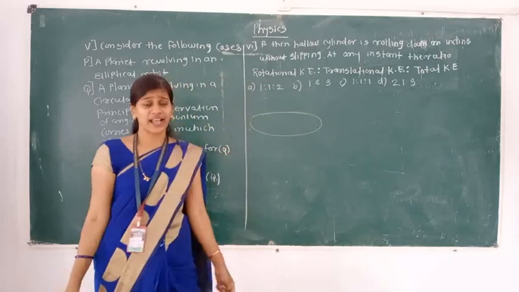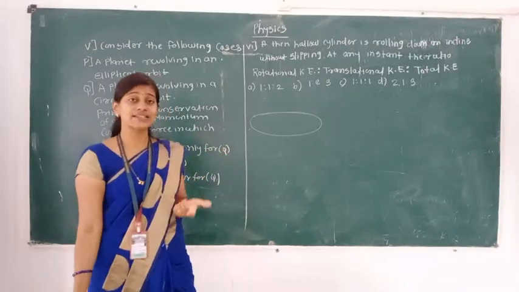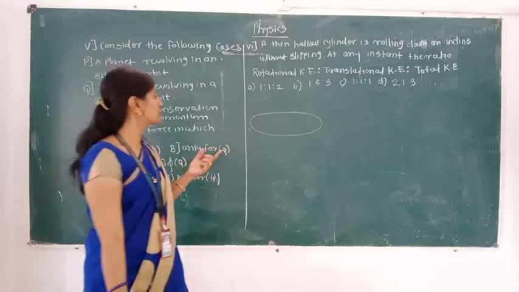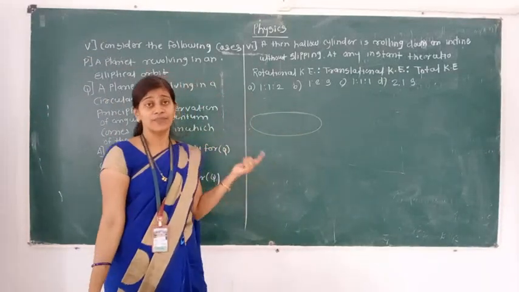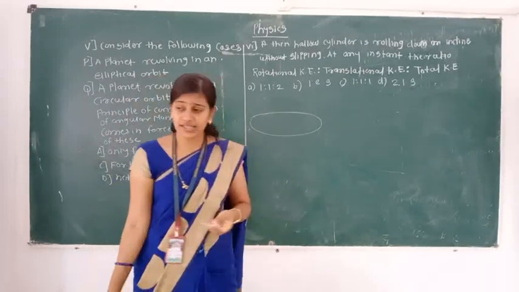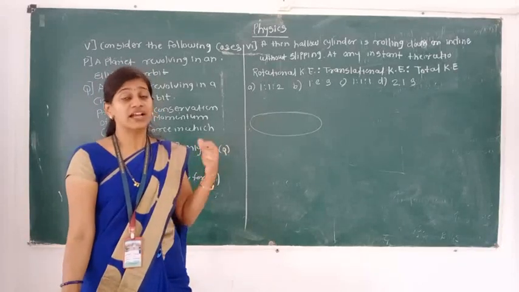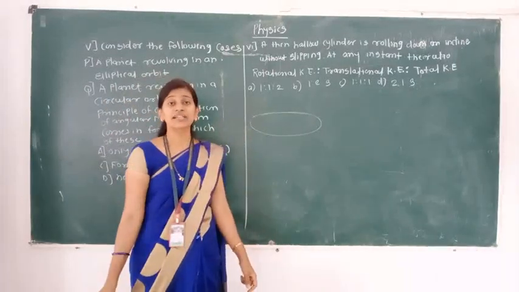We know this is from gravitation; in 11th standard we already learned Kepler's 3 laws. First was that the planets are revolving in an elliptical orbit around the sun. Second one is related to the area. In that, the area swept by the radius vector or position vector is equal in equal intervals of time.